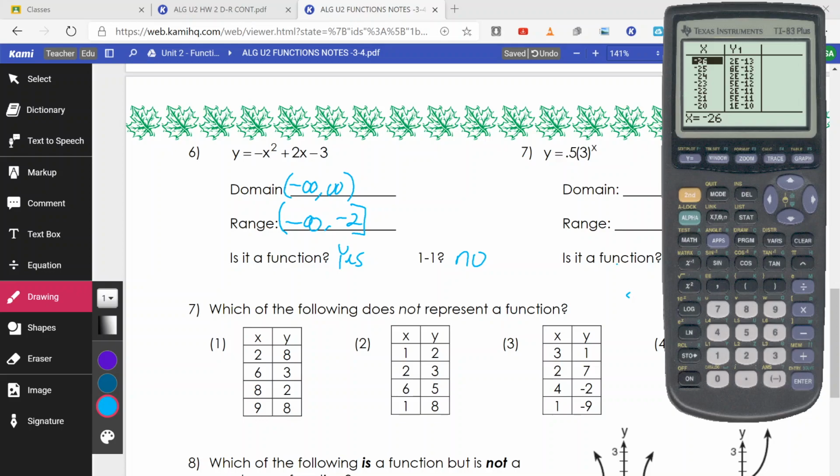Number 8 asks which one is a function but not one-to-one. So function means it passes the vertical line test. So if I draw a line here, I see I had 2 spots, so that is not a function. Number 3